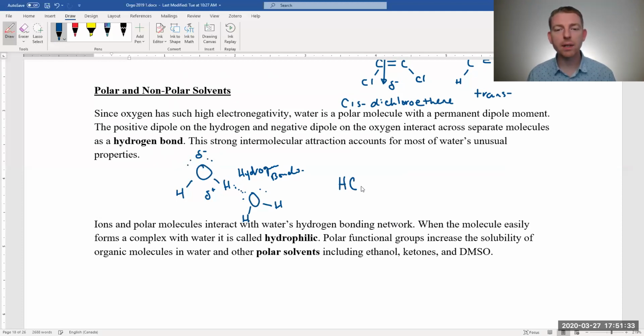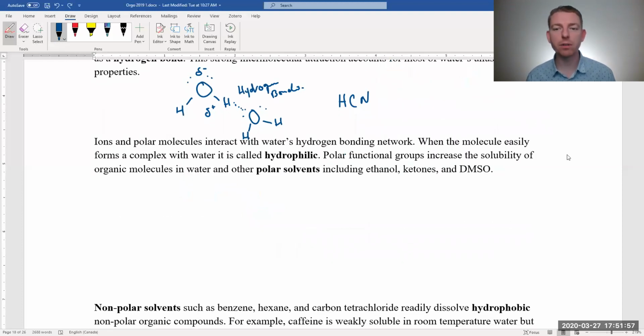So that's HCN. But this also produces a gas at room temperature. Okay, so it's the hydrogen bonds and the polarity of the molecule that's giving it all of its properties. So when we're thinking about the properties of organic molecules now, the polarity of the functional groups that we stick onto it is really going to determine whether or not it's soluble in water or polar solvents, even including ethanol, ketones, DMSO, so that's dimethyl sulfoxide,